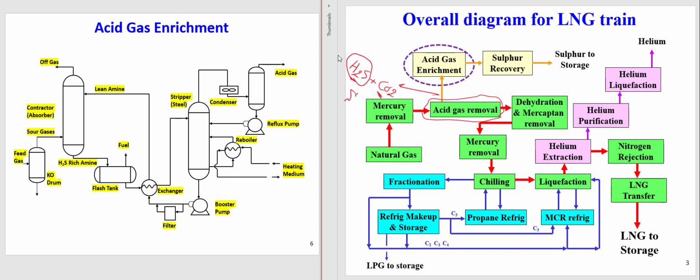So for this, what we will do, we will send this acid gas to the sulfur recovery that we already talked about in more detail. It was kind of a long unit that you also saw in the videos. And after sulfur recovery, you have your elemental sulfur plus some other product that is produced in this process that you will send to storage.